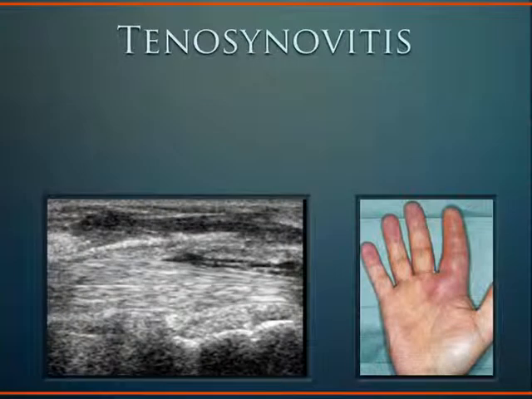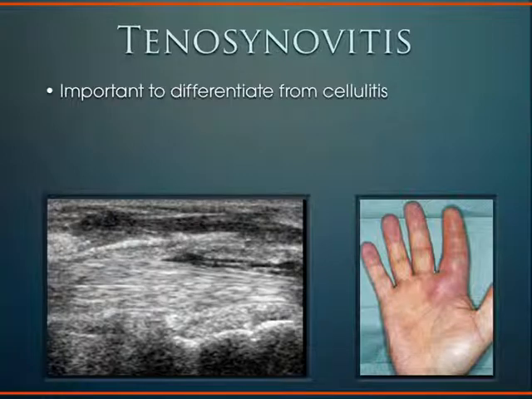And you can actually also see something called tenosynovitis, which is an infection of the tendon sheath. Patients have a swollen digit. They have a lot of tenderness to palpation when you just push on it, and when you try to range their finger, moving that tendon sheath through that infected area causes a lot of pain. So it's often a clinical diagnosis, but it helps sometimes to use ultrasound to differentiate tenosynovitis from just simple